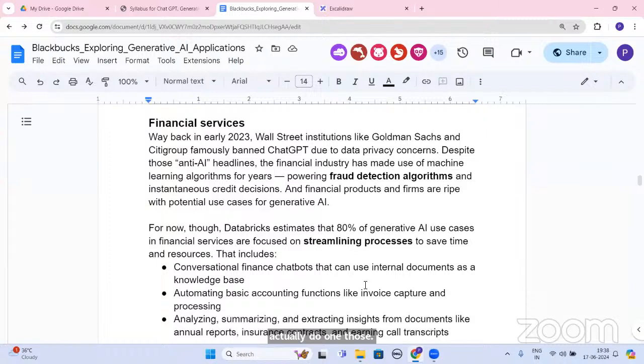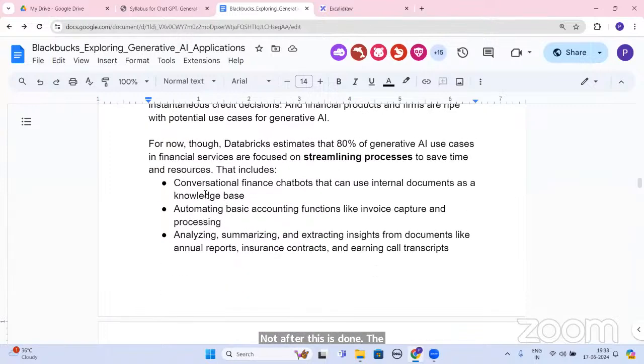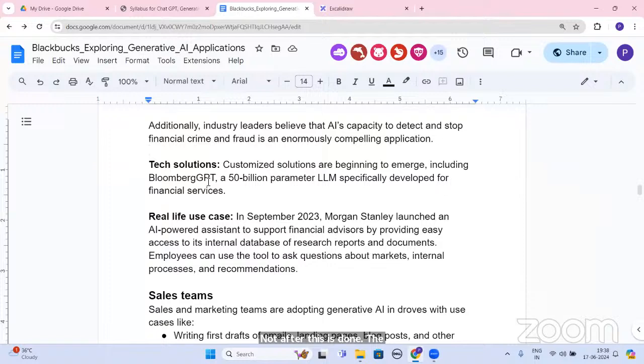Now, the next part is Bloomberg GPT. What is this Bloomberg GPT? Take your time and read about it. It's a 50 billion parameter LLM specialized for financial services.